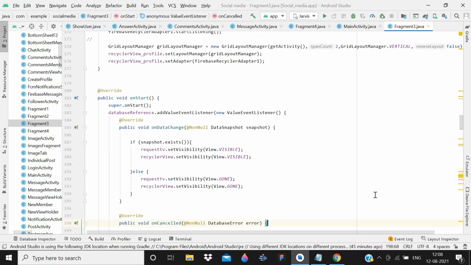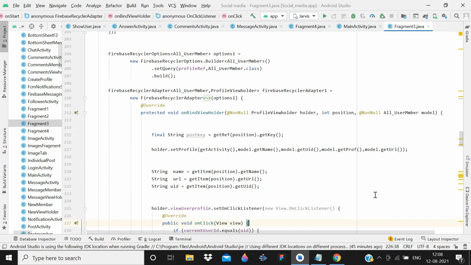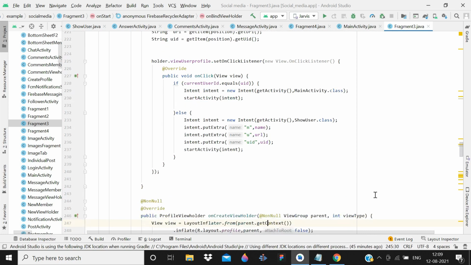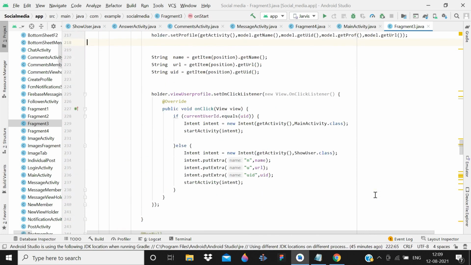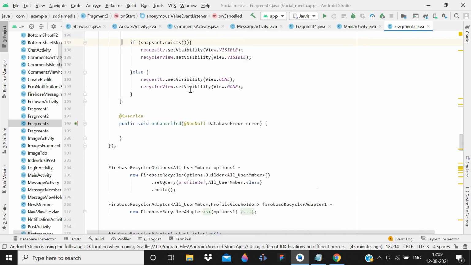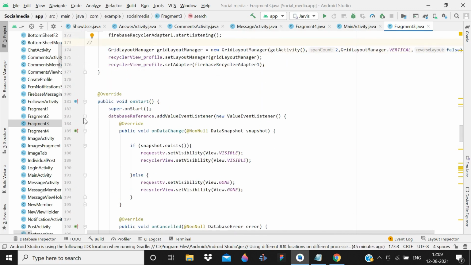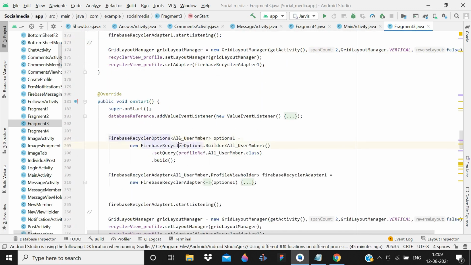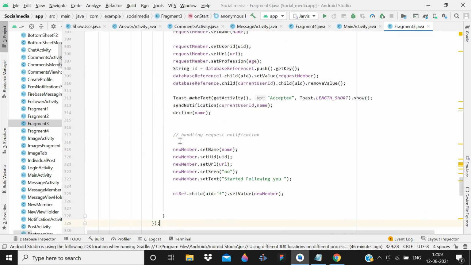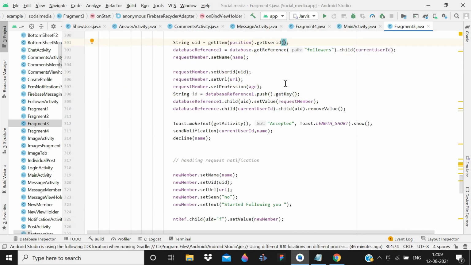So this name is actually the name of the user who sent you the request, yes. I am just a little bit confused here. Let me check that current user id and name, so we need the name of the user id who started following us, so yeah, that's correct.